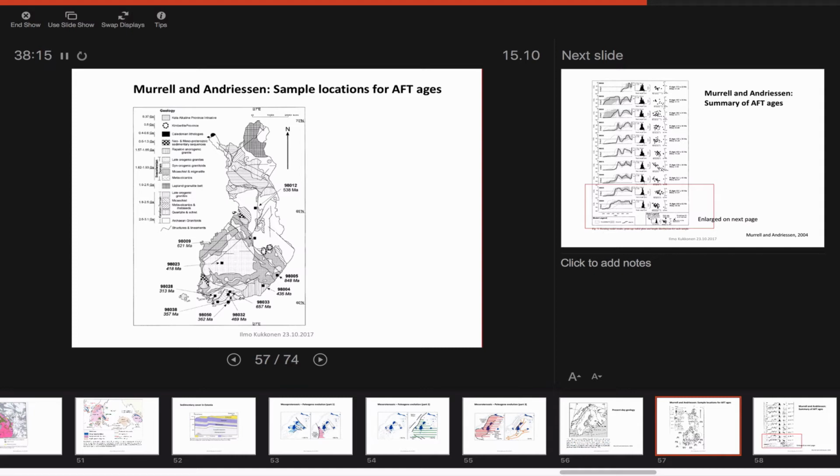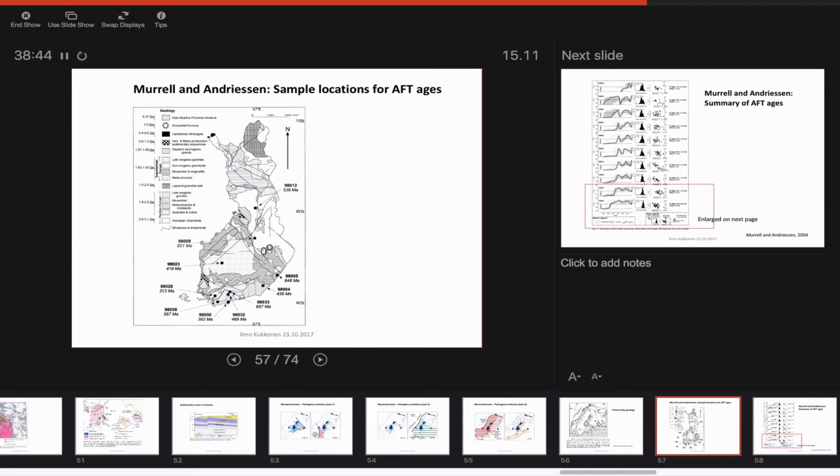He was also quite frustrated because of this silly manual counting using manual grids on microscope images, etc. But it was the basis of the work that was done, and his ages were around 800 million years, which is not bad in comparison to the results by Glenn Murrell in his thesis in 2001, and